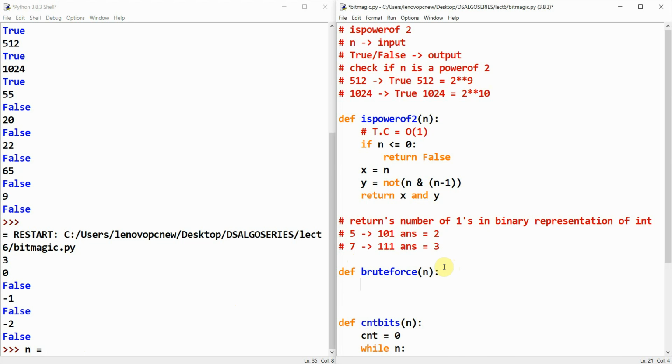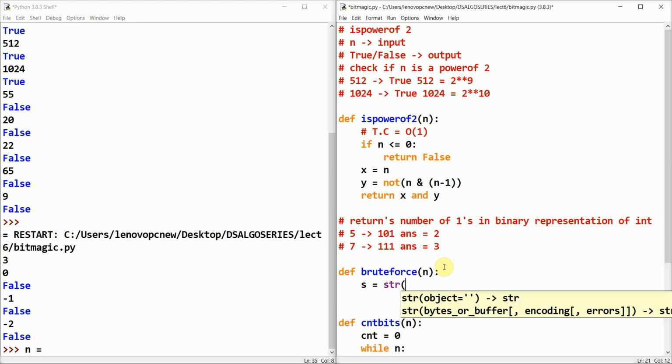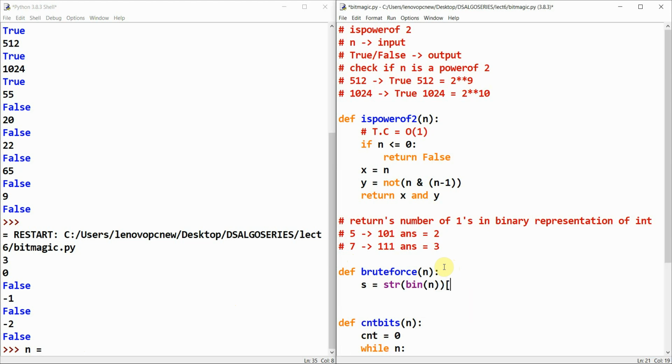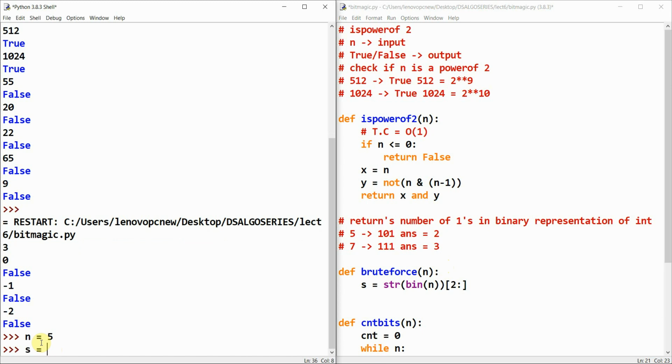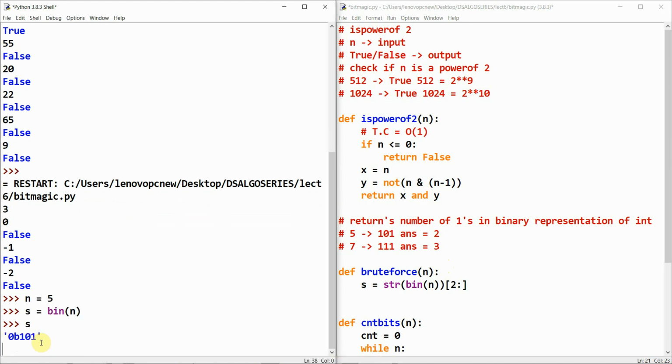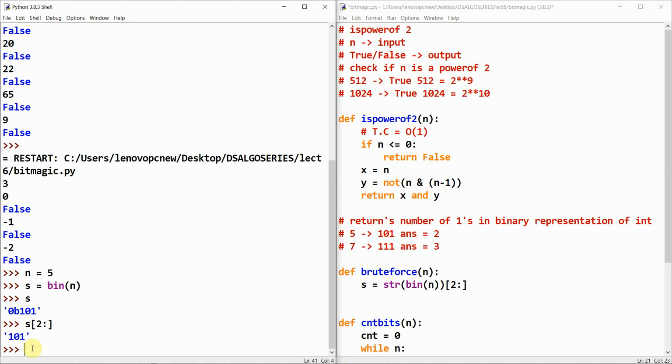Okay, so we'll have a string s is equal to str bin of n, and we are going to slice it by two indices, because I'll show you on the left of the screen. You can see n is equal to 5. For n is equal to 5, I'll define s is equal to bin n. So here you can see the binary representation comes as 0b101. If I want to remove the first two characters, that is 0b, I'll do s of 2 onward, then I'll get 101. Then I would simply return s dot count